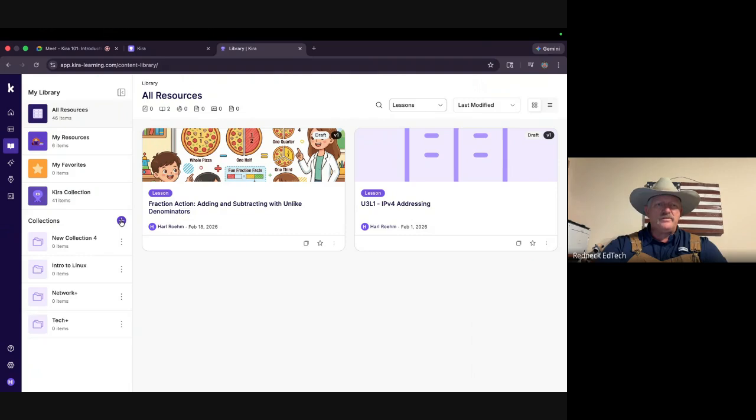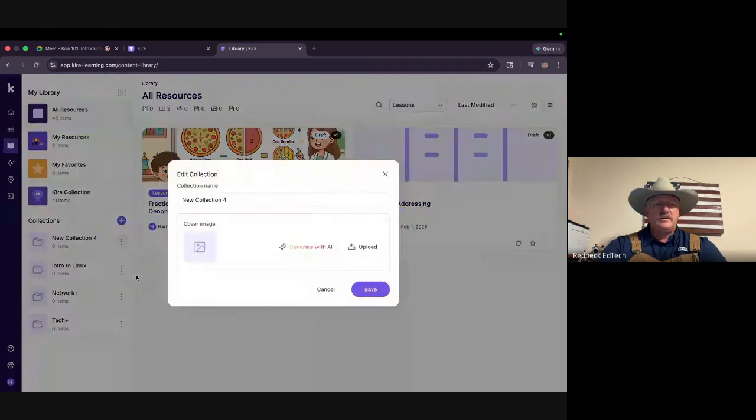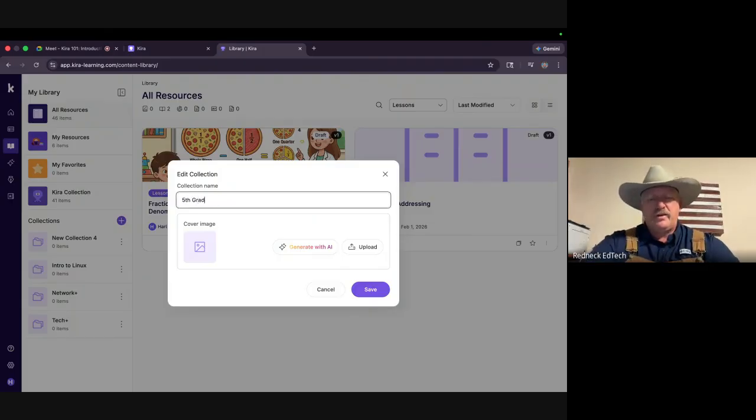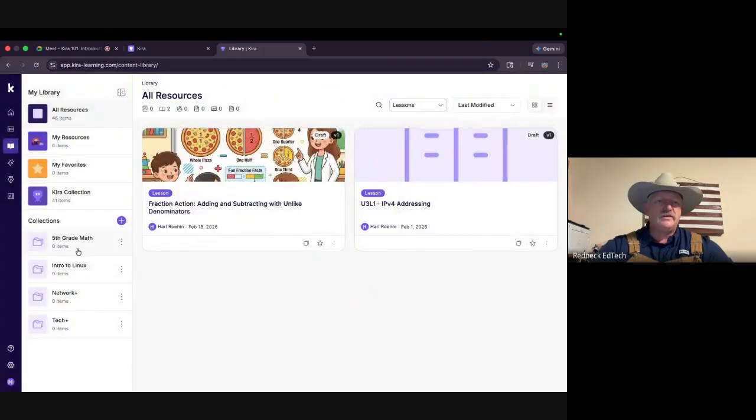I'm going to create a plus on the collection, and I'm going to rename that collection. I'm going to call it 5th grade math. You can upload an image or generate an image with AI if you want to. Once you're done, save it.